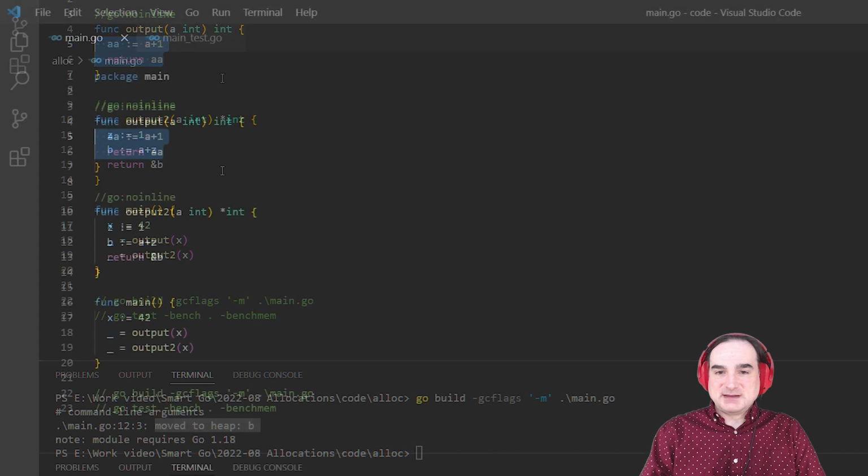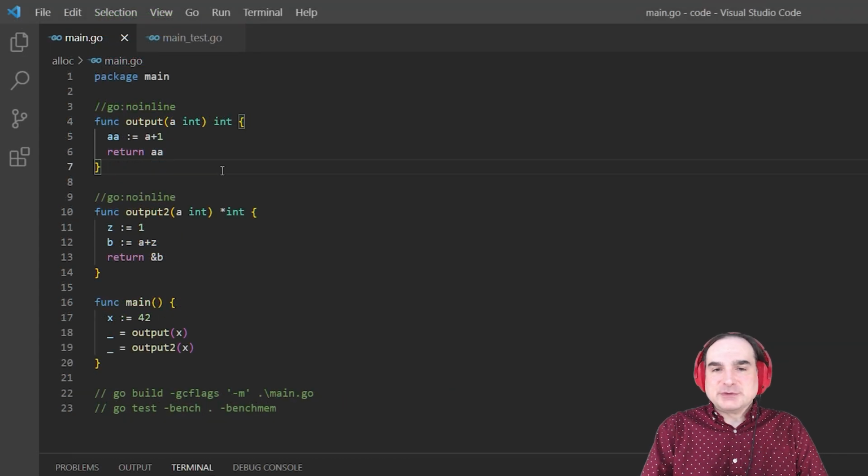By the way, side note, you'll notice that I have these two comments, go:noinline, in front of each function. Now this really deserves its own video, but these are hints to the compiler, and they indicate that the functions in question should not be inlined. In other words, they should not have their code copied to wherever they are called as a performance measure to avoid a function call.